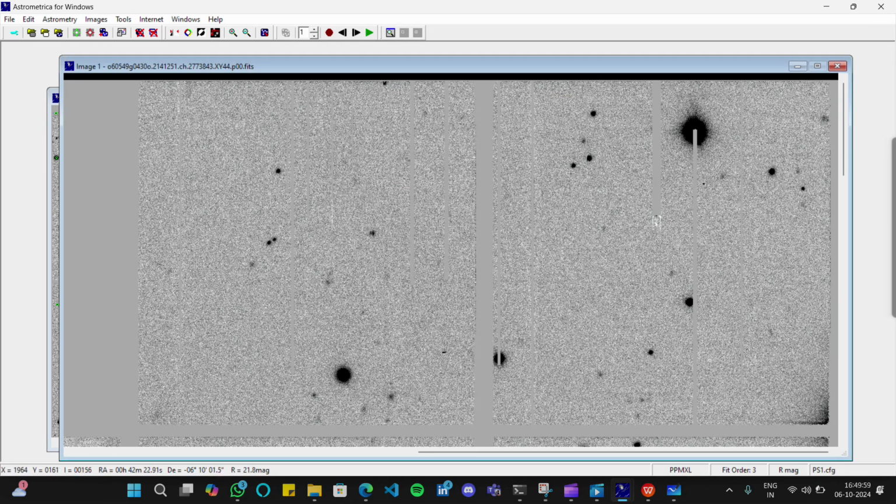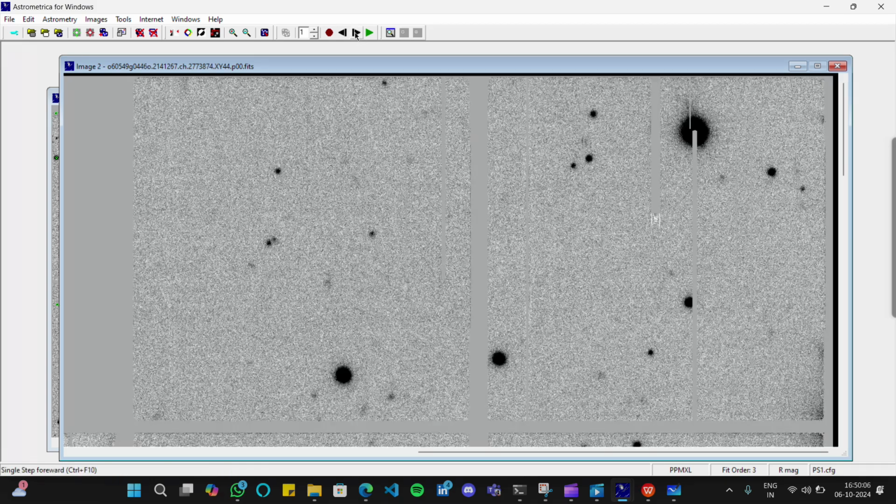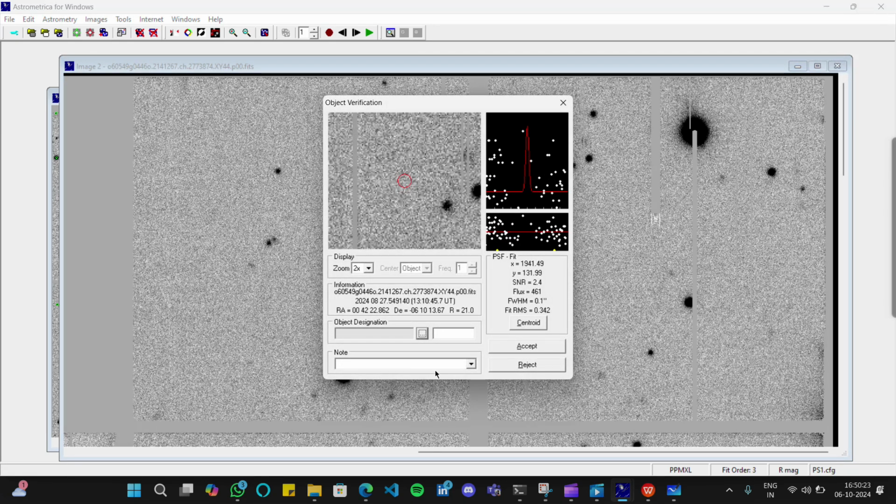Suppose you have clicked here and that image is given your name, whatever name you've given to the asteroid. Then you have to move to image number two. Suppose it is an asteroid, it will move here, as I told, in a linear way. It is very important: linear way. So it is moving here. Suppose it is here, I will click here and many properties are there. Ignore such properties for now, because there are many things you need to keep in your mind, and I will let you know about them. I am discussing the example first and foremost.